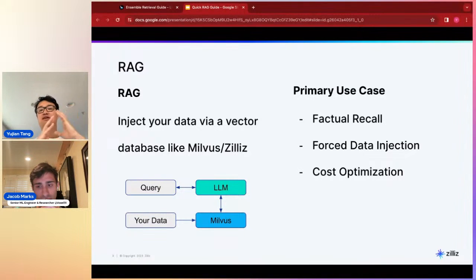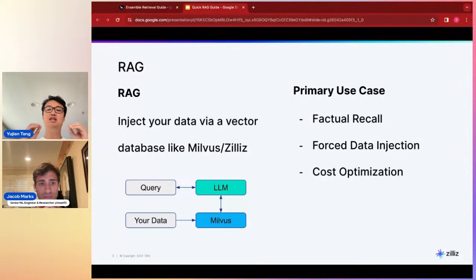It'll send its query to the embedding model again. The embedding model will embed that, and then it will do a similarity search in Milvus, and it will return back some top set of responses. And that's up to you. That's a hyperparameter that's up to you. And then once it gets these responses back, now it has context to answer your question. And so what it does is it takes this context and it turns all of these responses into something that's human readable, and it gives it back to you.